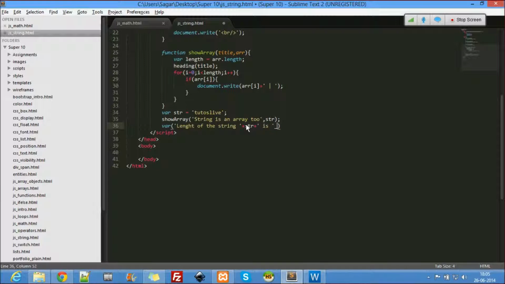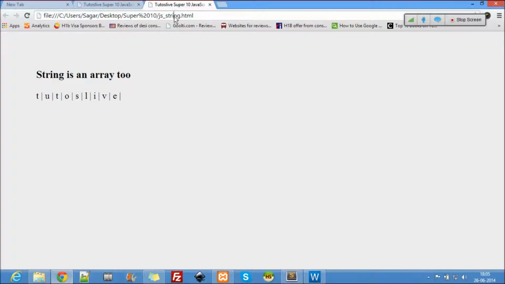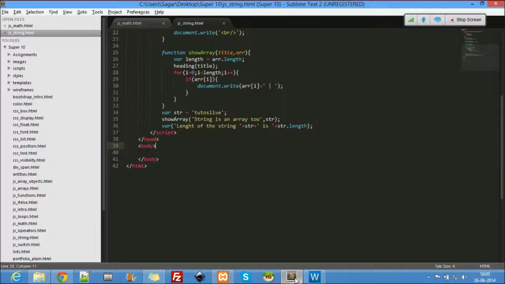So str.length will give me the length of the string. The length of the string: 'todos' is 5, 'live' is 4, so the length of the string is 9. So let's see now here. Something happened here. What would have happened here? Oh, it's not var, I'm sorry. It's str.